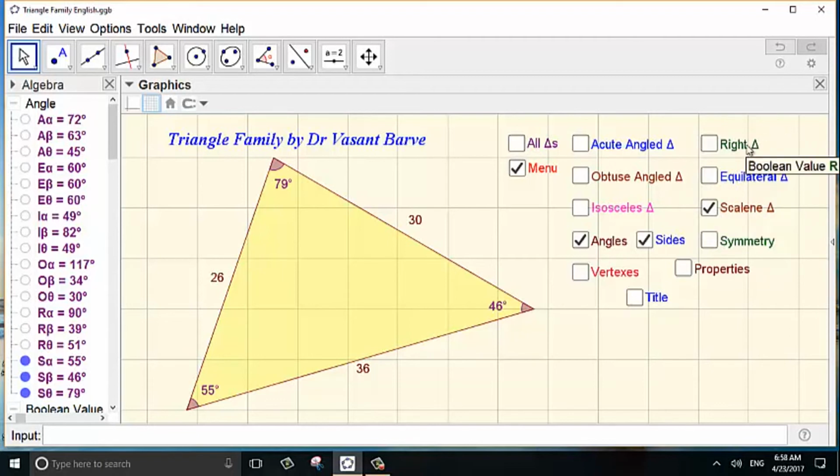Similarly, a right angle triangle cannot be equilateral, but it can be isosceles triangle. Okay, it cannot be scalene triangle. Obtuse angle triangle can obviously be